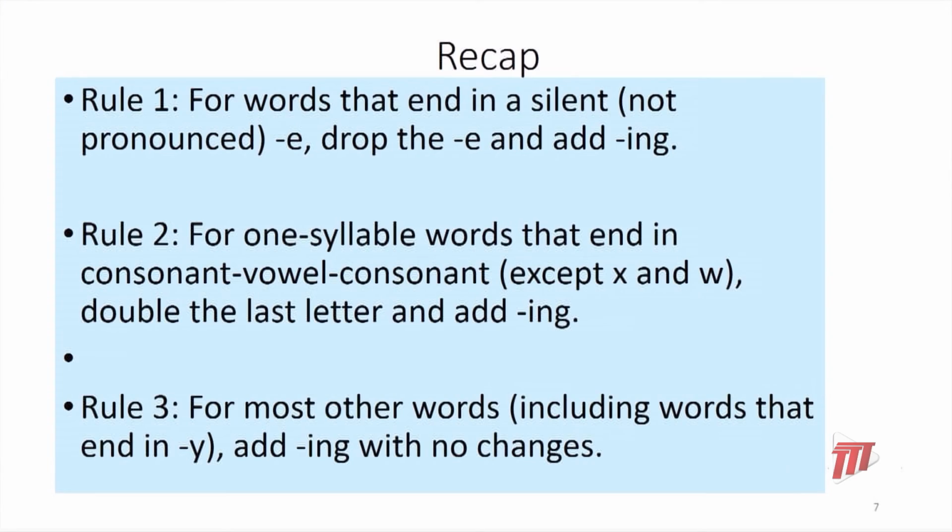As we conclude, let's recap what we learned today. Today, we looked at adding ing to words to spell them correctly. We saw 3 rules. Rule 1, for words that end in a silent letter, that is, the letter isn't pronounced, we drop the E and add ing. For one-syllable words that end in the pattern consonant, vowel, consonant, except where the word ends in the letters X and W, we double the last letter and then add ing. And finally, for most other words, including words that end in Y, we simply add ing and make no